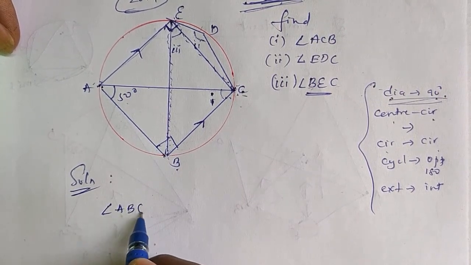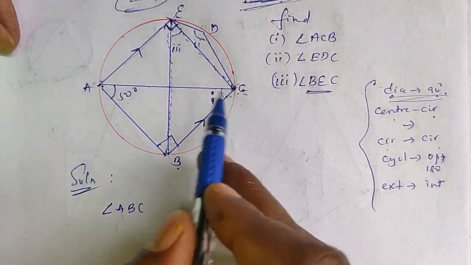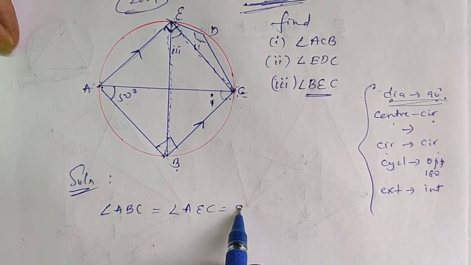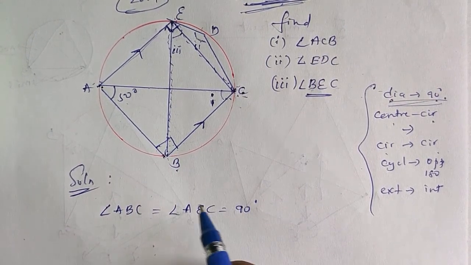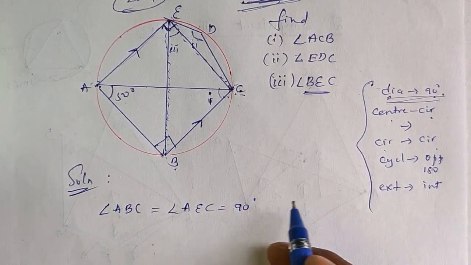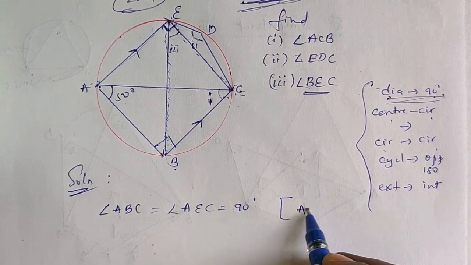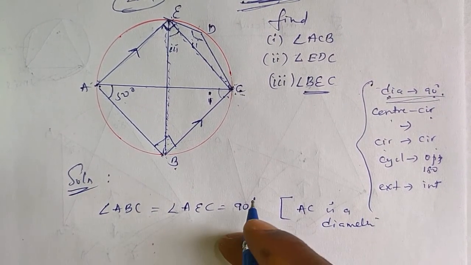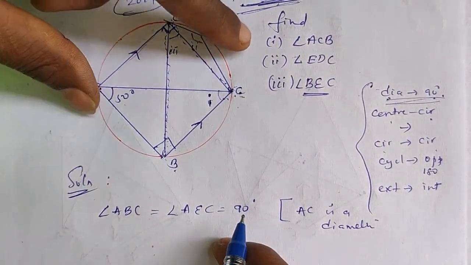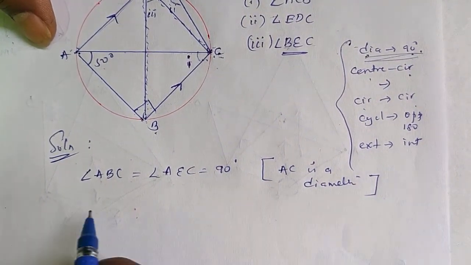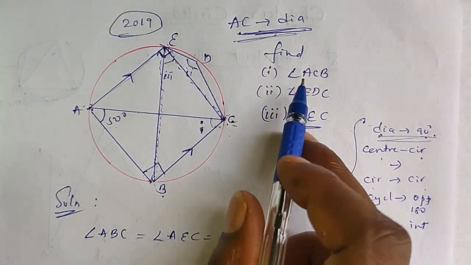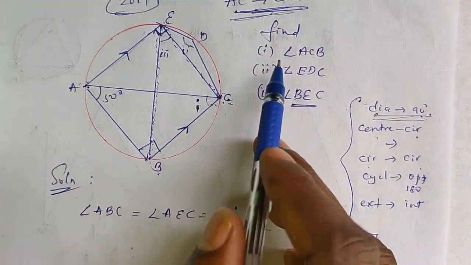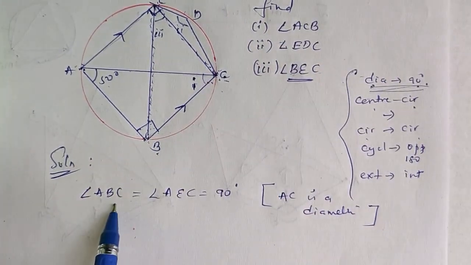Look at angle ABC. One more is angle AEC, equal to what? 90 degrees. For both the angles at once, I write ABC and AEC, both are 90 degrees. The reason is AC is a diameter. Once it is a diameter, it is 90 degrees. So don't write the sub question yet, because until you get the ACB answer, you don't write it there. Now don't write. These are the important steps. Not only these three angles, we write some other important steps too.